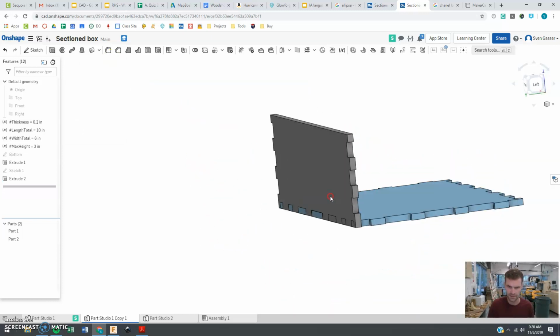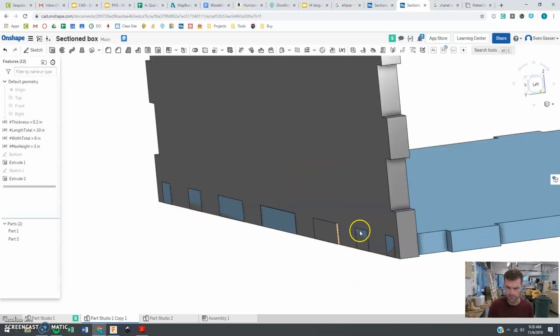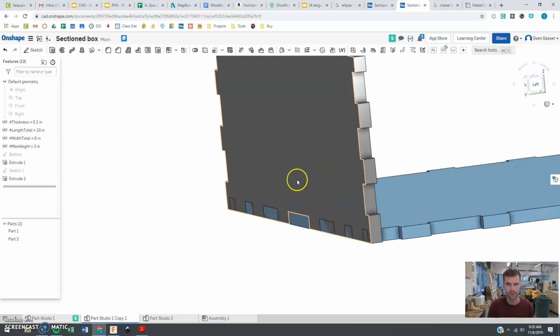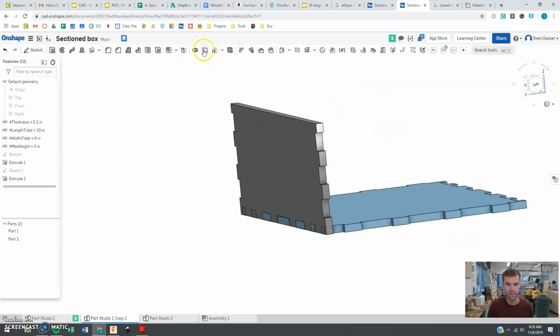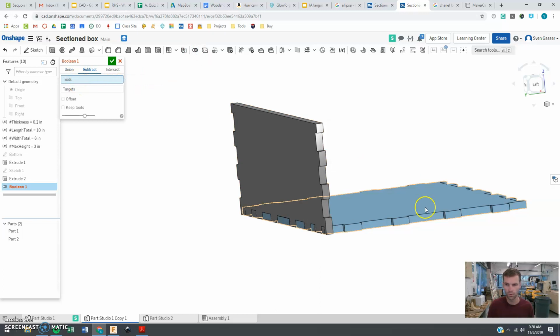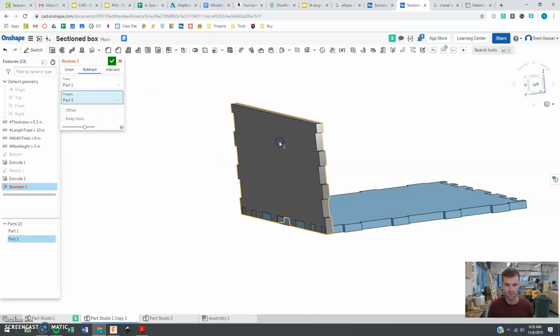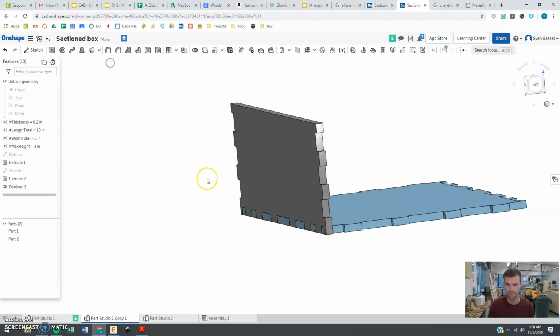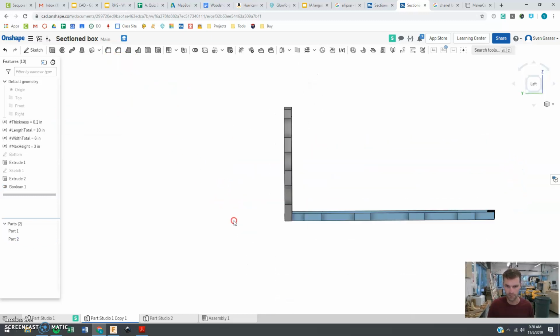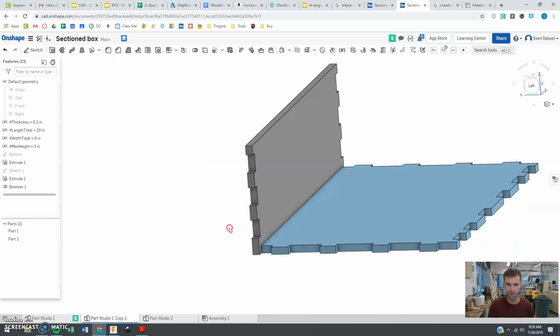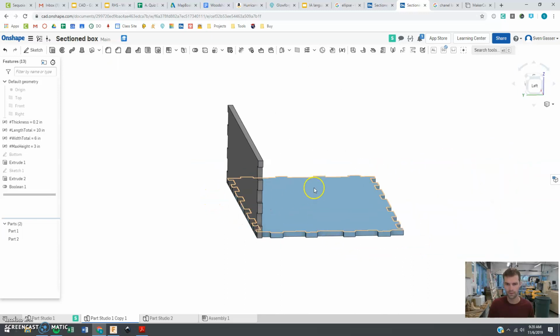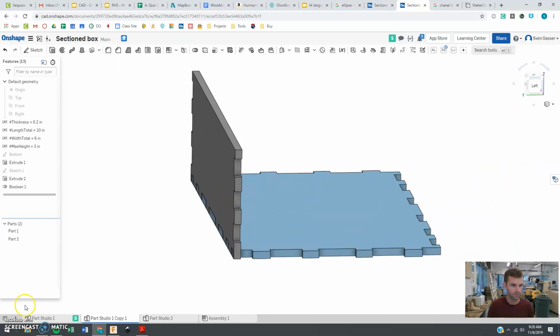But as we've seen in the past, we have pieces that are overlapping here, which you can see is this kind of weird shimmering thing going on here. So we want to use that Boolean right here that we've done in the past. And we're going to say subtract. The tool is the piece that's doing the cutting. The target is what we want to remove stuff from, which is this piece. And we want to keep our tools. We don't want to lose that bottom piece. Look at that, that's looking pretty good now. All right, so I'm going to end the video for now, and we will